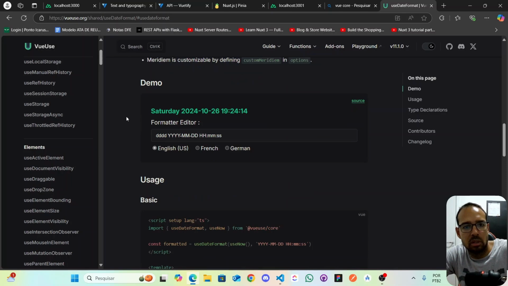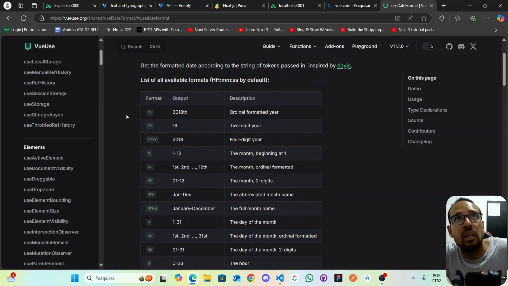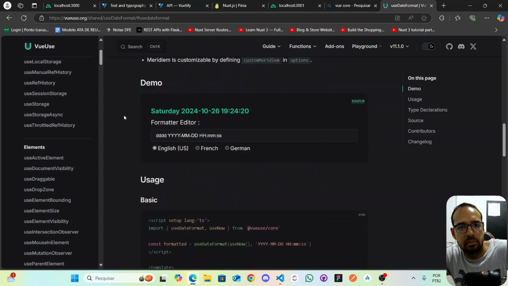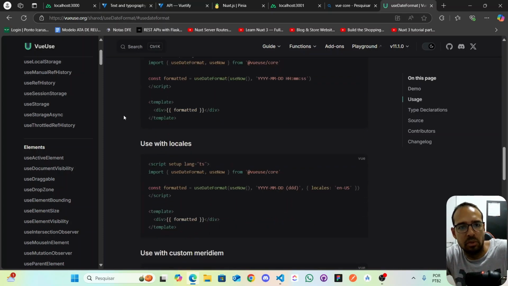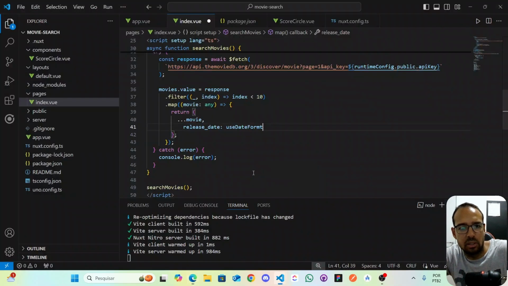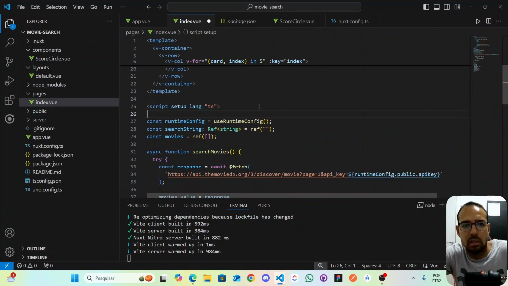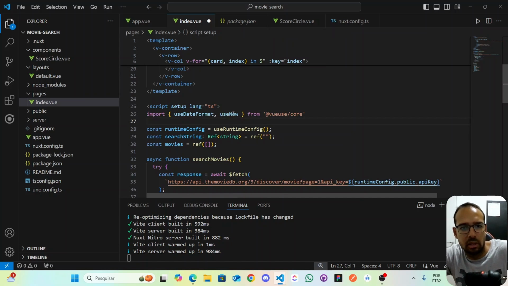So this comes already integrated with the VueUse. I can just copy this then. If they are not actually giving me that, I can copy and I can import this here. I can use now. Yeah, maybe also we can... I'm not going to use now because we're going to get the date for